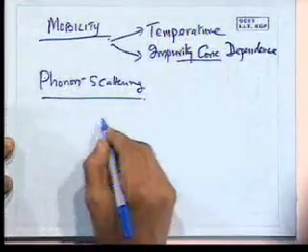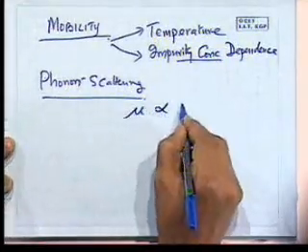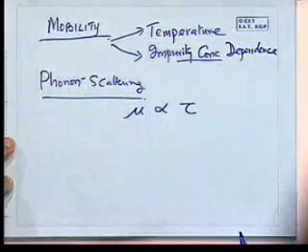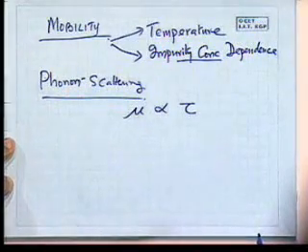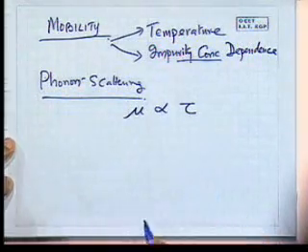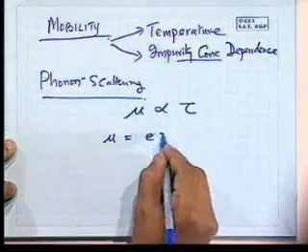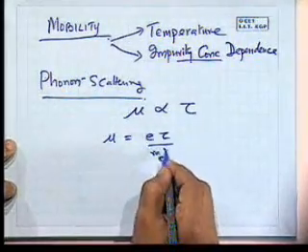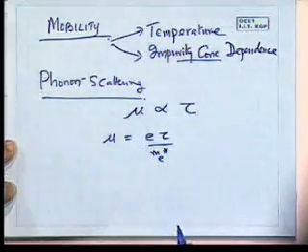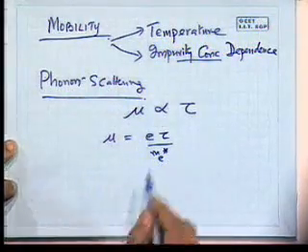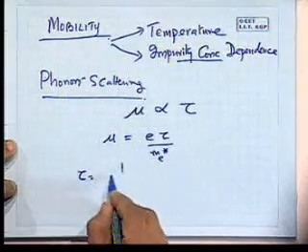We've seen earlier that mobility is proportional to tau, the mean free time between scattering events. This is something we already saw. And we had an expression for mu is equal to e tau by me star. When we were looking at metals, we went through all this, where tau was expressed as 1 by